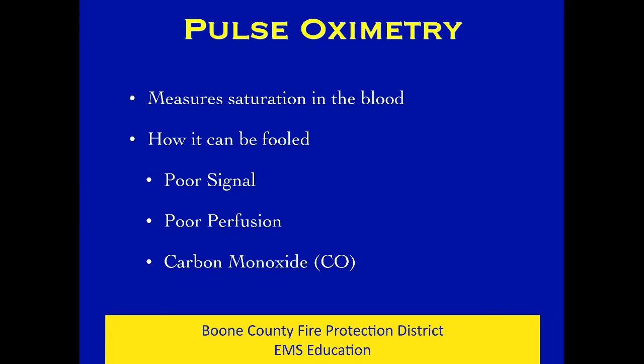Just to be clear, we've been talking about carbon monoxide here. That is a product of incomplete combustion. Whether that's coming out of the tailpipe of a car, or whether that's leaking out of a furnace into a house, or whether that's one of the many, many bad things that are in smoke from a fire, that's carbon monoxide. We want to differentiate that from carbon dioxide, CO2, which is produced in the body